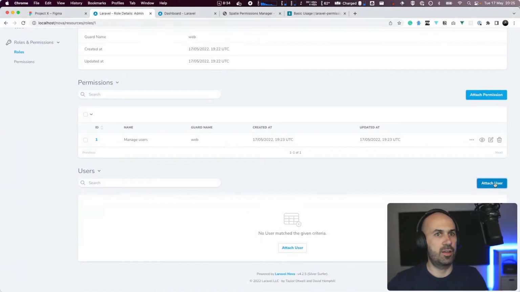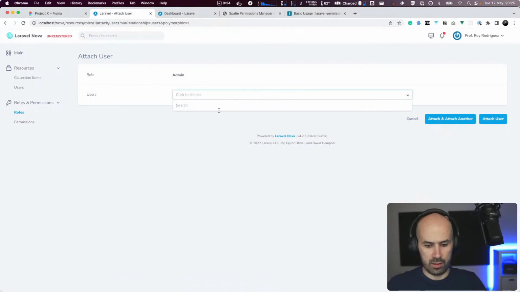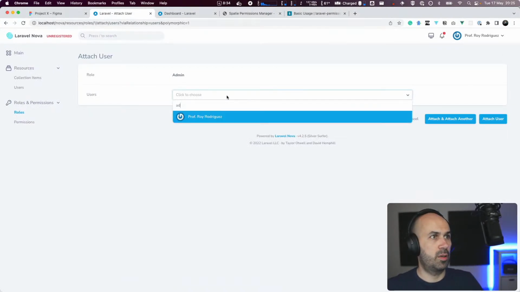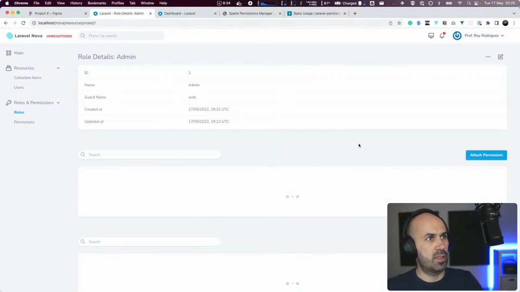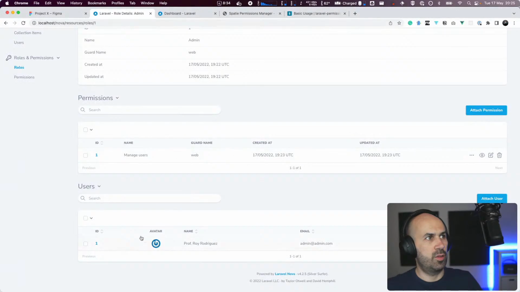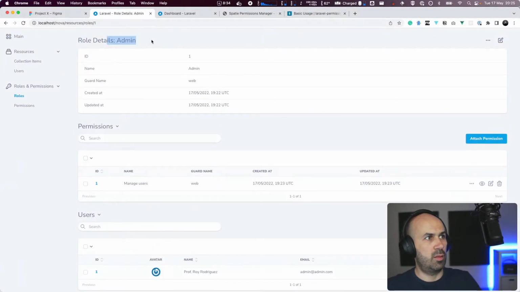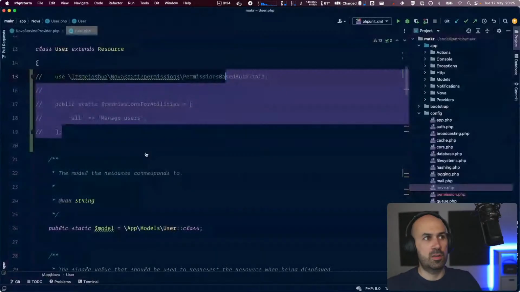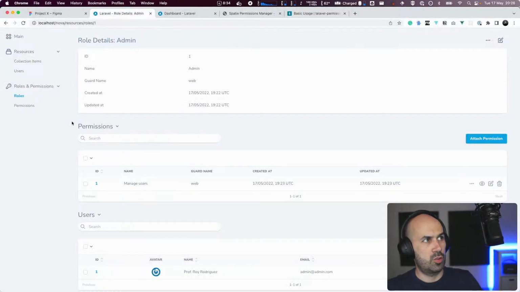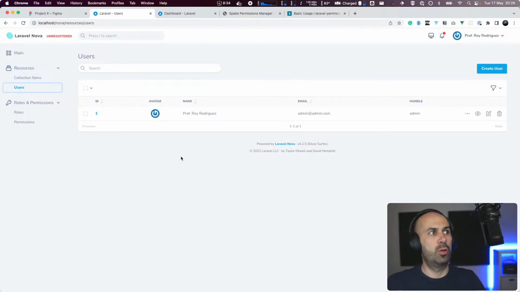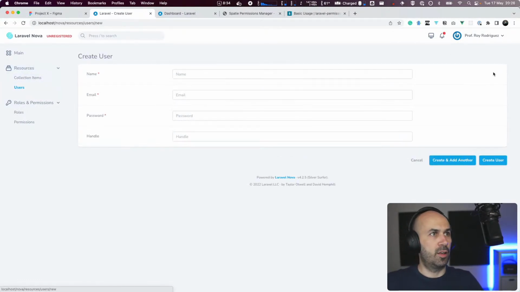So you see this interface, this tool is quite cool to make this happen. So I am admin in this user, so I'll just attach, and sure enough, now this user is in the admin role. It has permission to manage users, so it just demonstrated that it worked. So sure enough, if I go back, I am now able to go inside. Cool. And I can create another user, so just like a regular user,